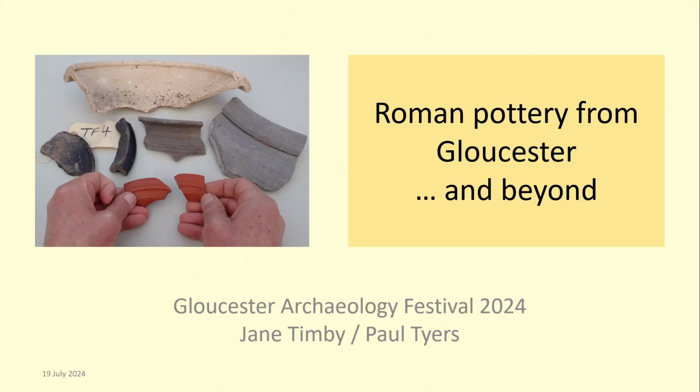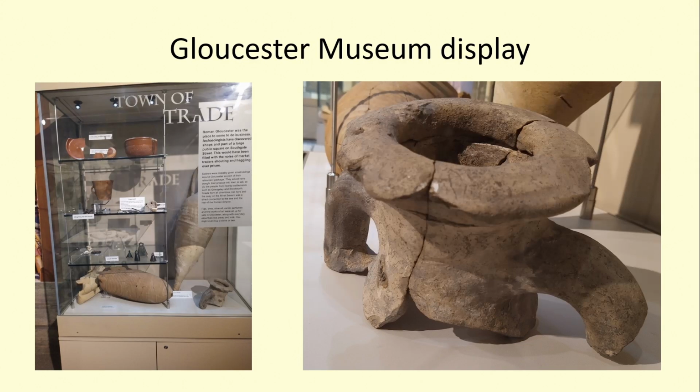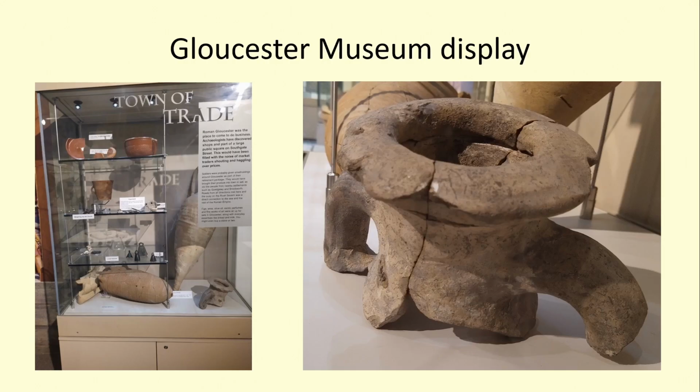Now, I haven't brought along the wrong PowerPoint, but this is where this little investigation started. This is a little talk that Jane and I gave to the Archaeology Festival last year, and Mark, if we were here last night, gave us an introduction to that. One of our starting points was that I wanted to look at trade and exchange, so we were taking the material from the museum collection, and hiding behind that is the Rhodian amphora,